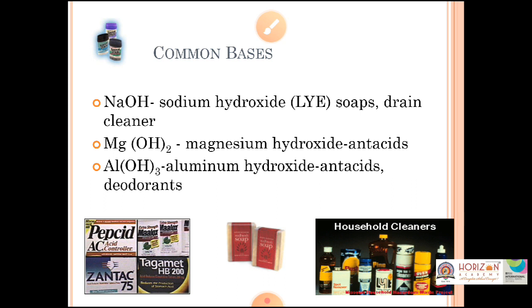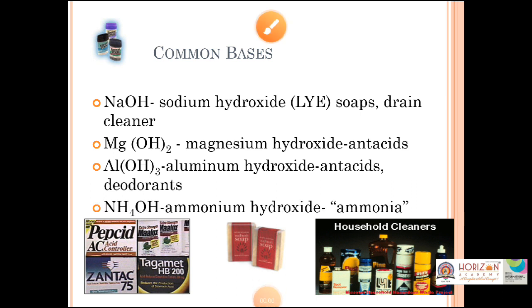These antacids are given to persons who are suffering from acidity problems. Aluminum hydroxide is also an antacid, and it is also used in deodorants. These are some common bases, and one more, baking soda, sodium bicarbonate, is also a base. As we have seen some important acids, in the same way, bases also have importance in various fields. You can see NH4OH, ammonia, is also important. Ammonia is used for various precipitation reactions in chemistry labs, and also in industries for various purposes.